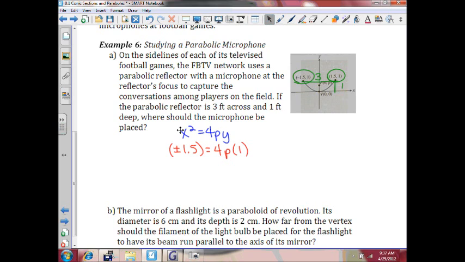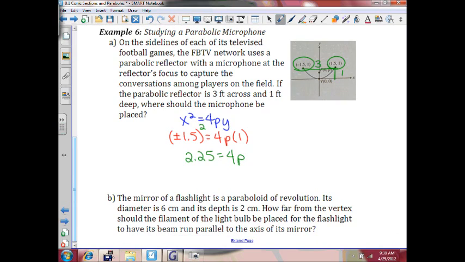Again, we're looking for our p value. If we square this negative 1.5, this will be 2.25 is equal to 4p, which means p will equal 2.25 divided by 4, which is 0.5625